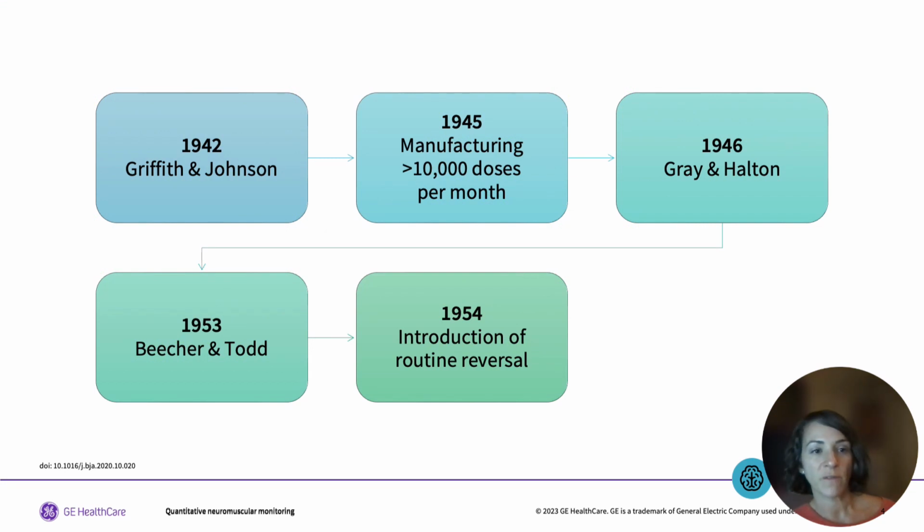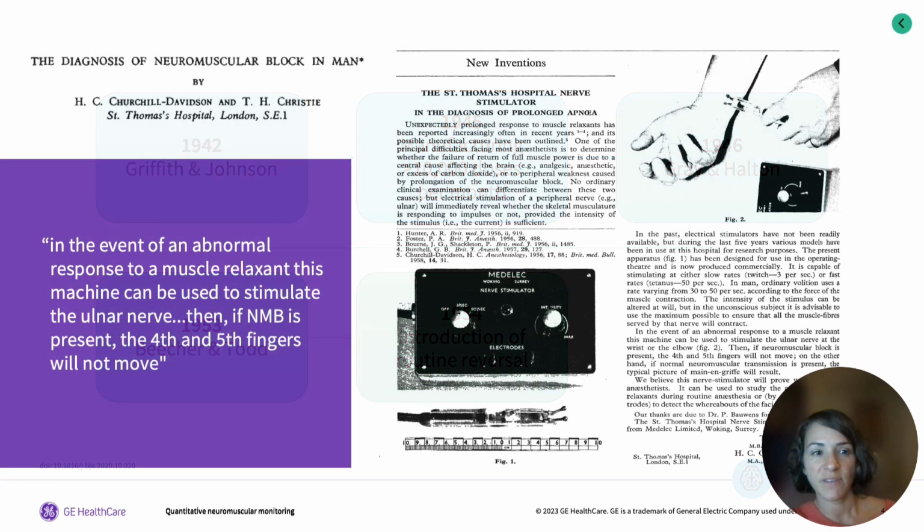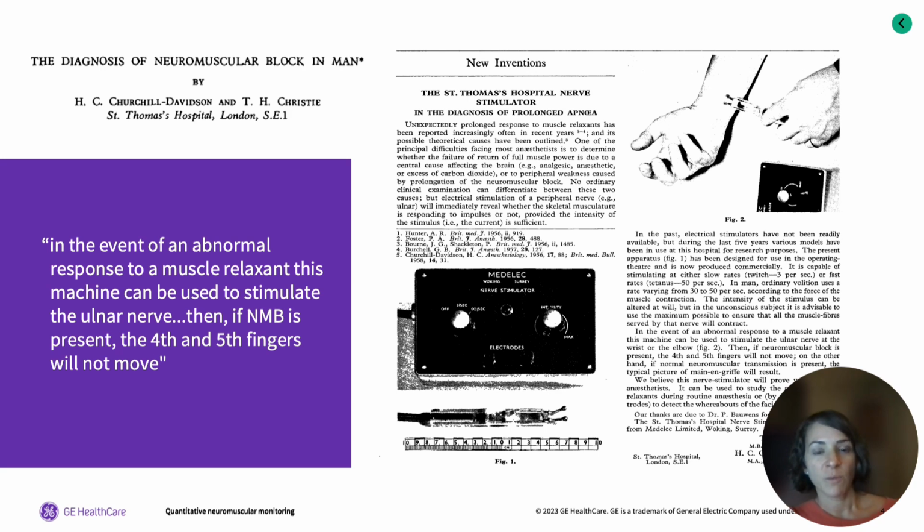And so during this 12-year period of time from the first report of the use of neuromuscular blocking agents during anesthesia until the report on how to best administer neuromuscular blocking agents through the routine use of reversal, there was some work ongoing trying to identify a device and a way that neuromuscular blockade could be measured so that not only could we determine when adequate recovery had been achieved, but also so that we could determine the necessity of reversing the neuromuscular blockade. So we see in 1958 the first report of the use of a peripheral nerve stimulator